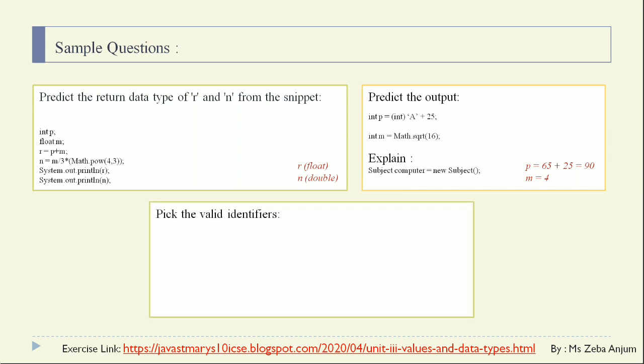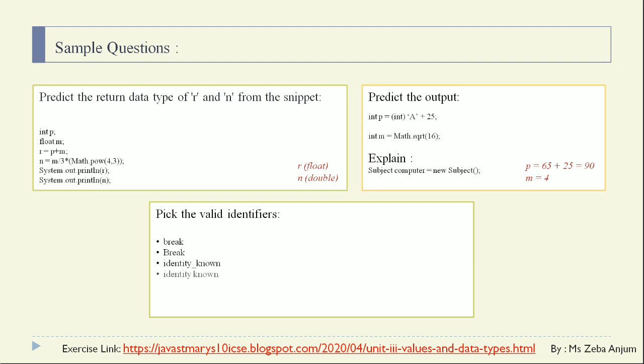Again the question, pick the valid identifier, break. If you remember, we are having break as a keyword, so it is not a valid identifier. Next one, again break, but our case is different. B is capitalized over here, so yes, we can use it as a valid identifier. It is a valid one. Third one, identity underscore unknown. Regarding the length, we are not having any boundation. We are not having any kind of white space over there. Letters we are having, yes, so it is a valid one.